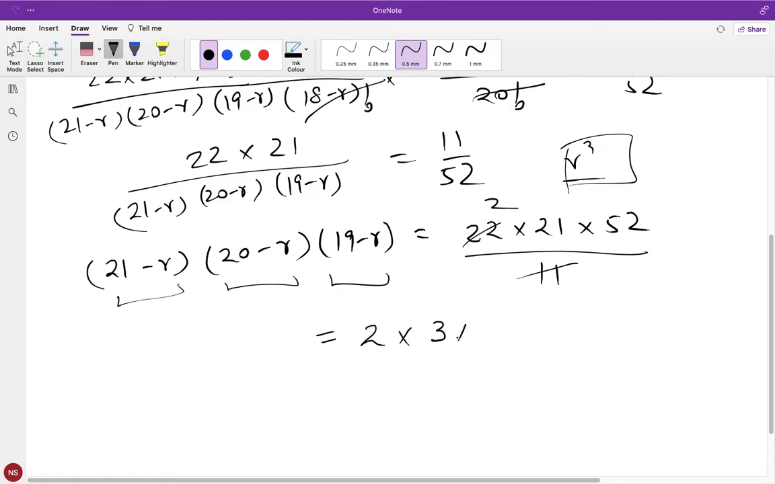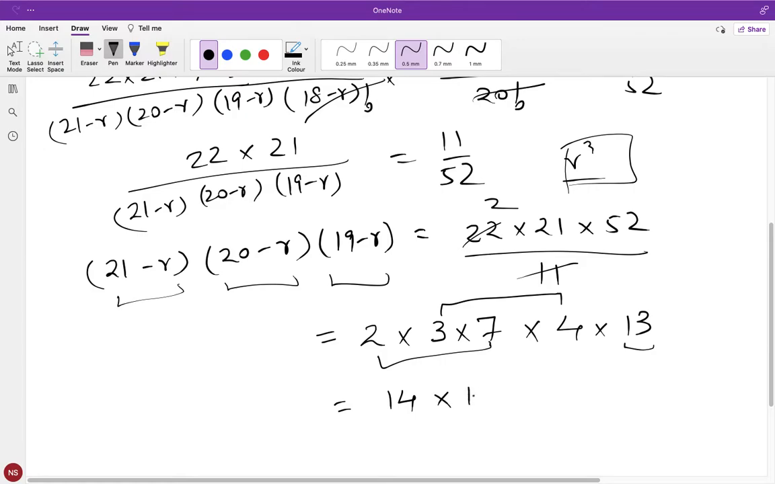21 is 3 times 7. What is 52? 4 times 13, right? So let us try to make it a product of 3 numbers, 3 consecutive numbers. So if I do 2 into 7, I got 14. 3 into 4, I get 12, and 13 is already there. So this is like 14 times 13 times 12,